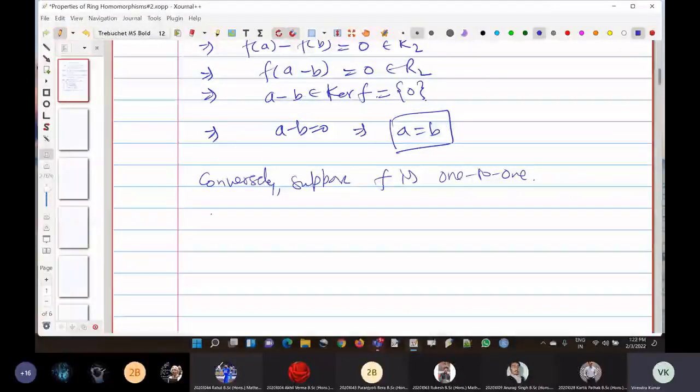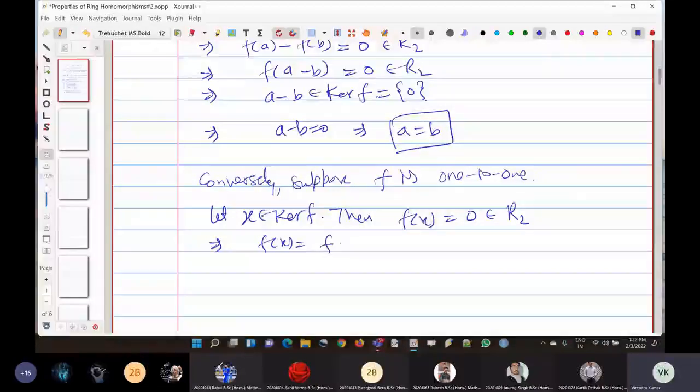Let us take x belonging to kernel of f. Then by definition of kernel of f, f(x) should be 0, and 0 belongs to R2. And we know that under homomorphism,